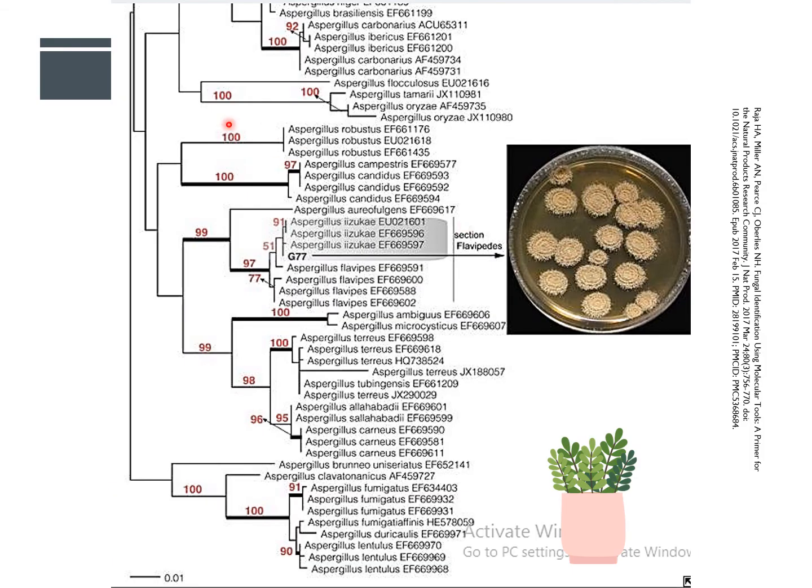Let's have a closer look at the phylogram. Here you will see the bootstrap number, which is quite reliable. And here is your unknown, which is G77. They are grouped in the same node with Aspergillus iizukae. So in this case, you can make the conclusion that your unknown could be the same species as Aspergillus iizukae, section